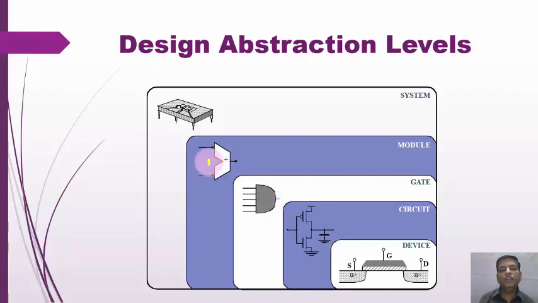Then from the gates we can form a module or the model. Then after the model, combining the different models, we can form a system. After combining the different models, we can get the system. Likewise, the initial stage is the device, then circuit, then gate, then module, and then finally the system. In this way, we are forming a system.